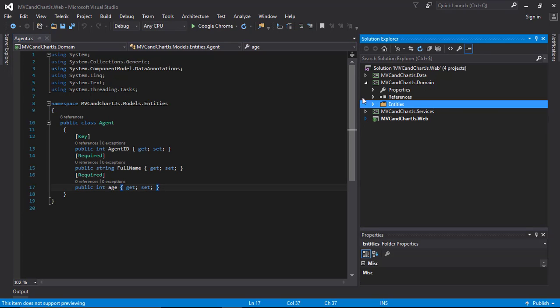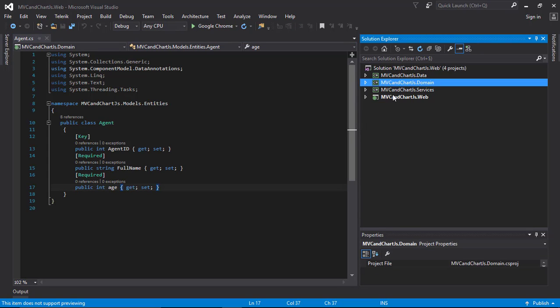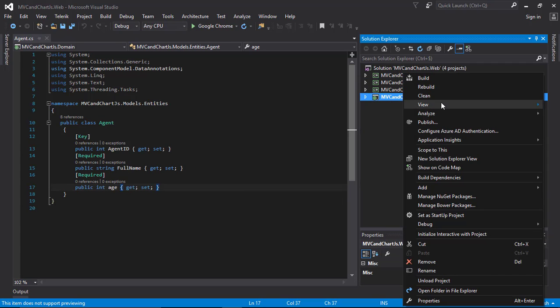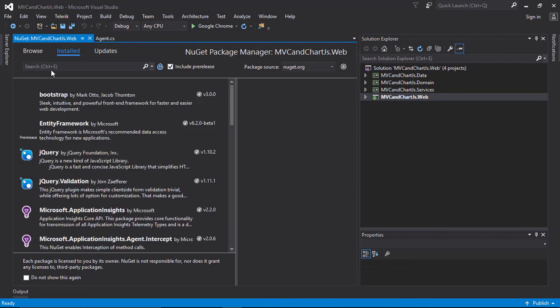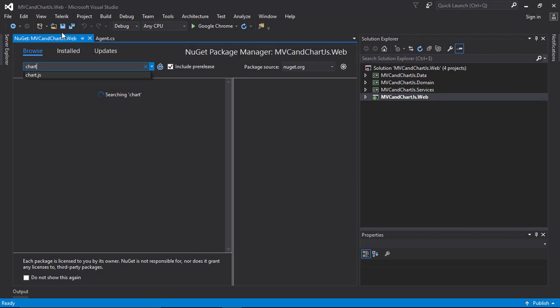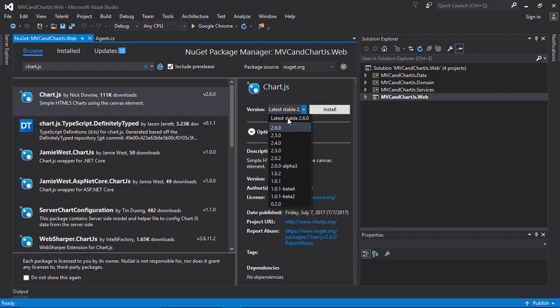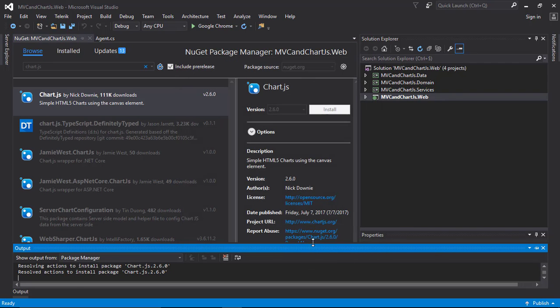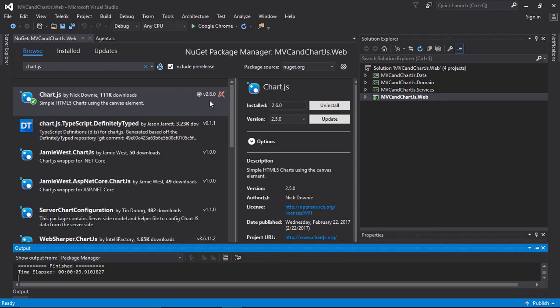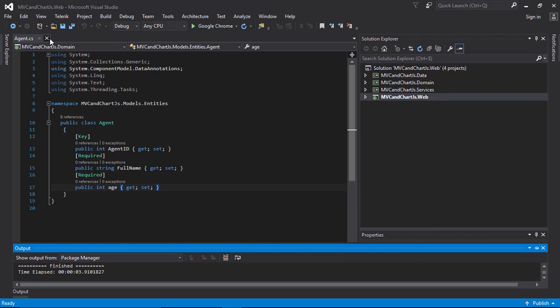So the first thing that we need to do is to install chart.js, to add the chart.js script file to our MVC project. So right click on your MVC project, go to manage NuGet packages, go to browse, and add the chart.js script file. Choose the latest version, which is 2.6.0, and install it. Okay, and then